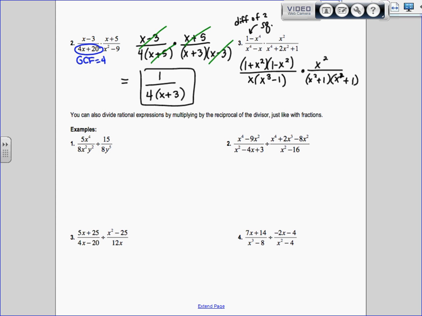All right, anything else go down further? How about this 1 minus x squared? It doesn't cancel. Difference of two squares, right? Yeah? Exactly, 1 plus x, 1 minus x. So I'm going to have 1 plus x squared times 1 plus x times 1 minus x all over x times,